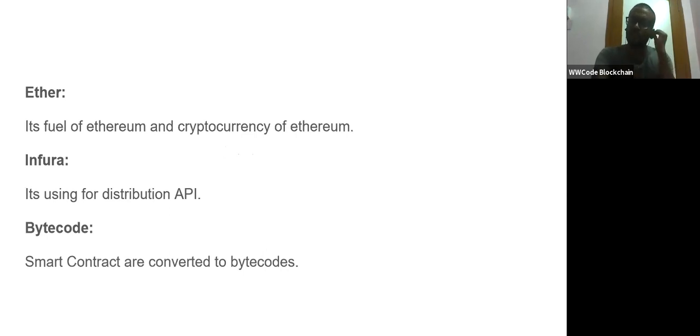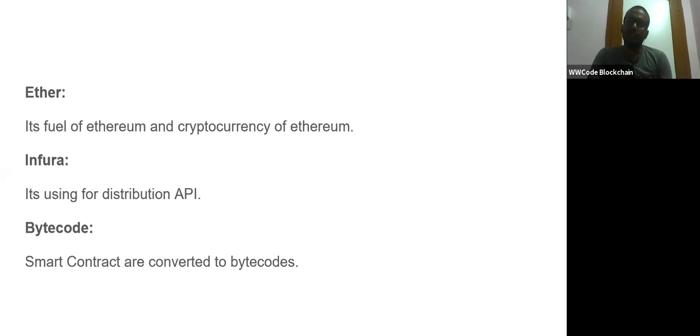Ether is the own currency of the Ethereum. Like Bitcoin, it is also an altcoin. It is the Ether. So every day the amount will be rolled. When people use Solidity and deploy a smart contract in the blockchain, we pay some amount. How long you put on that, how big the smart contract is that you deploy in the blockchain, you pay that amount. So Ether is called the gas amount.